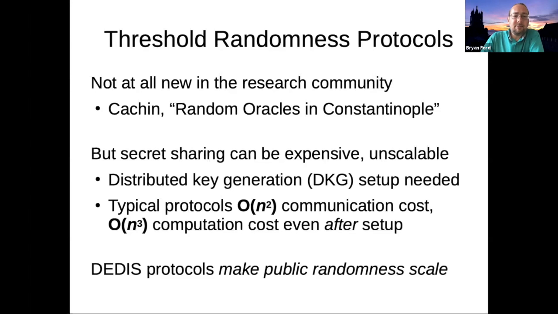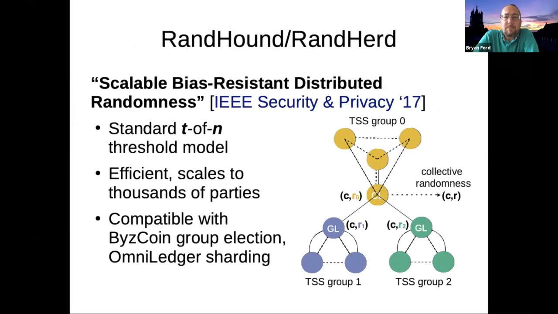And so they're not that, and you know, where n is the number of participants. So they're not that scalable by default to large numbers of participants, right? So this scalability problem was really what we were trying to focus on in developing the RandHound and RandHerd protocols in this paper in IEEE in Oakland